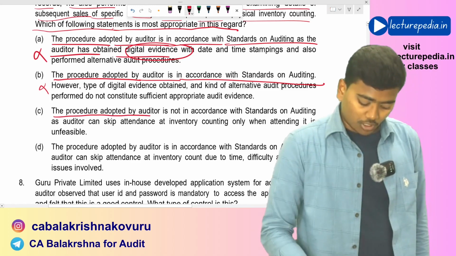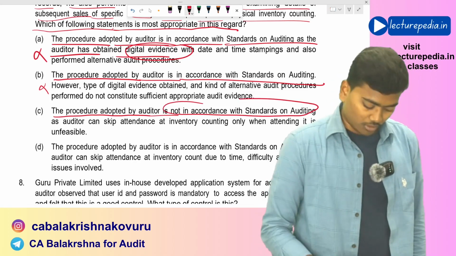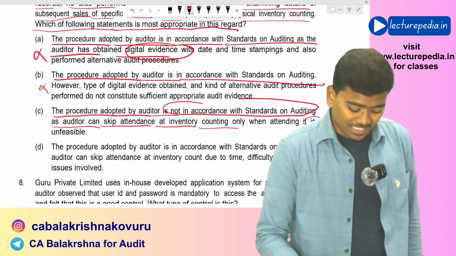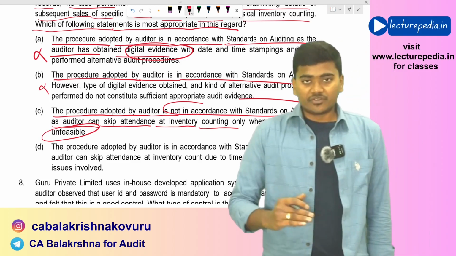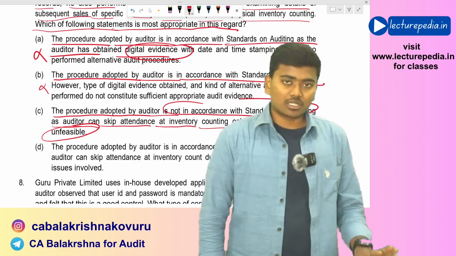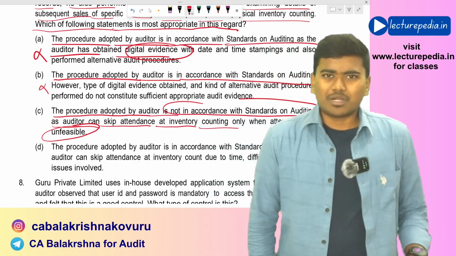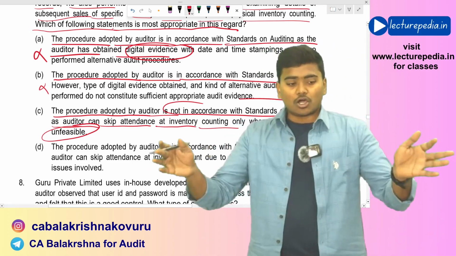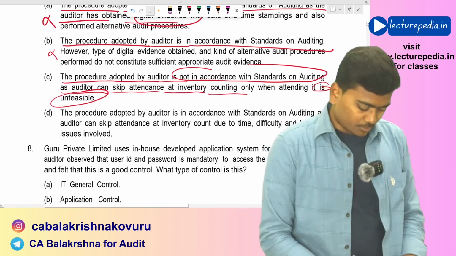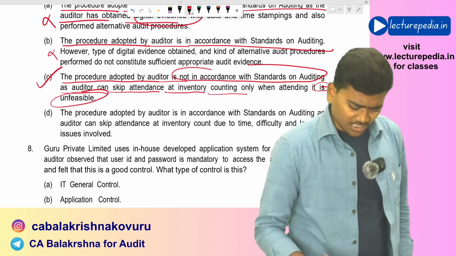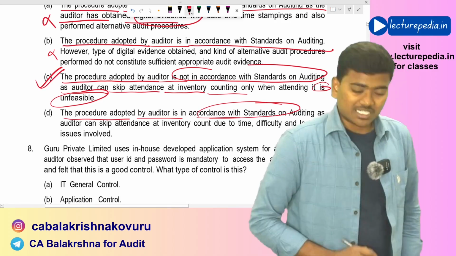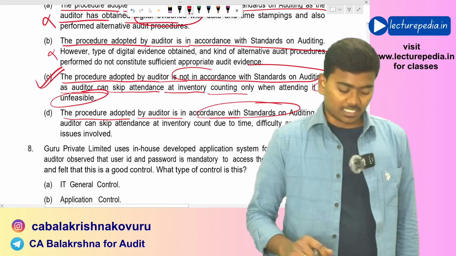The procedure adopted by auditor is not in accordance with the standards on auditing, as the auditor can skip the attendance at inventory counting only when attendance is unfeasible. Okay, if it is unfeasible to attend the inventory counting, then you can rely on certain alternate audit procedures. But just because there are a large number of inventory locations, you cannot skip attending the inventory counting. So I think option C holds good. Let us also read option D, what it says. The procedure adopted by auditor is in accordance with standards. No. So option C is the correct answer. Next,